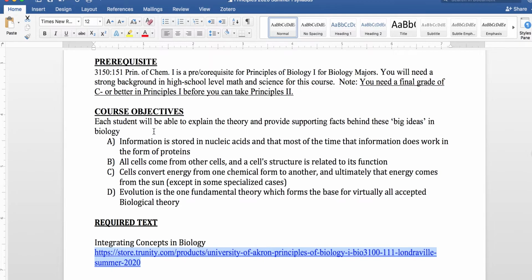The idea is that there are principles that cross levels of biological organization, and so the way that traditional intro bio courses are taught is they start very small at the molecular level and end up very big at the biome or planet-wide level. The way this course is taught is more cutting across those levels in every subject that we cover